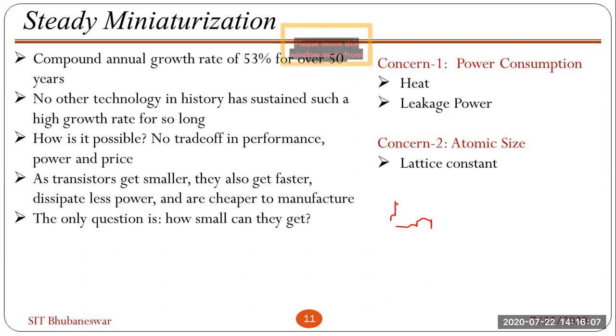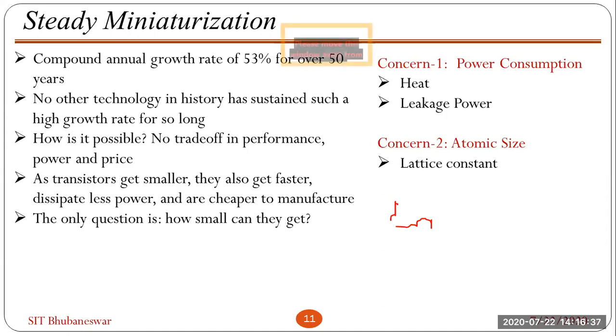So now the market is going to 2 nanometer. Up to 0.5 nanometer we can go, because all these fabrication things, lithography is required. Beyond that 0.5 nanometer, lithography will not work, so fabrication will not be possible. That's why after this, Moore's law will not work. It is predicted it will not work.